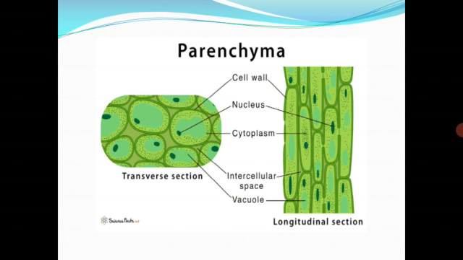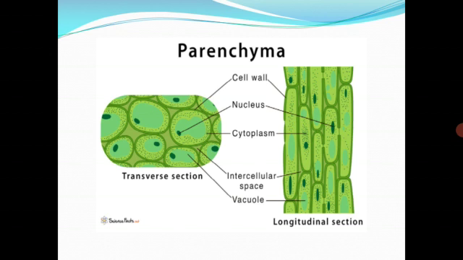So as I told you, these cells may be isodiametric, oval, polygonal, or irregular. These are showing intercellular spaces. Cell walls are thin, made up of cellulose. They contain large vacuoles surrounded by tonoplast, and the cell contains a distinct nucleus and dense cytoplasm, with the nucleus occupying a position towards the periphery. So these are the features of